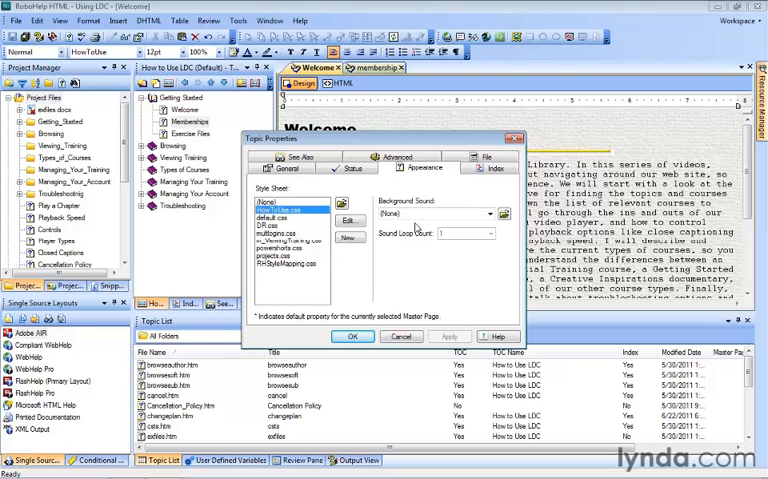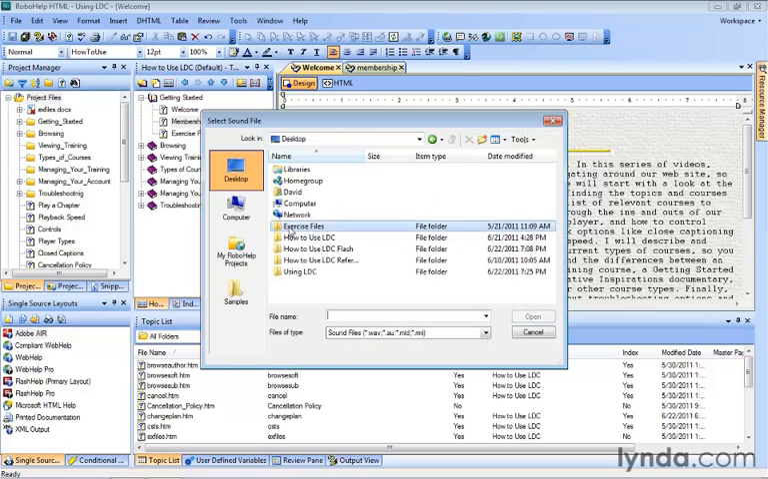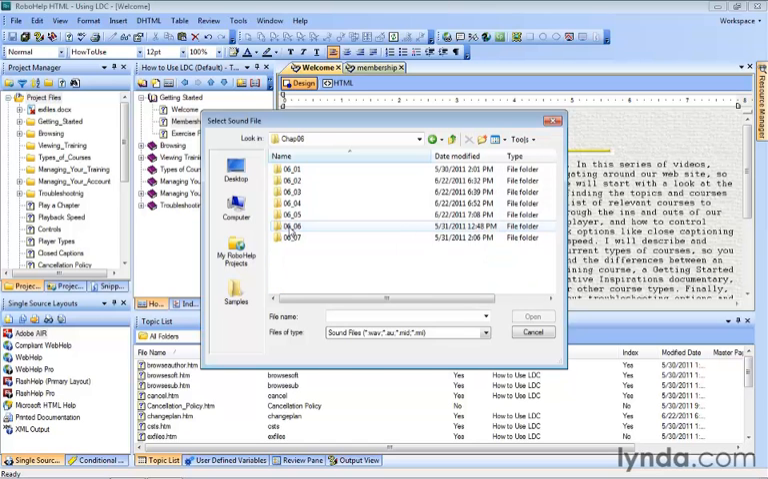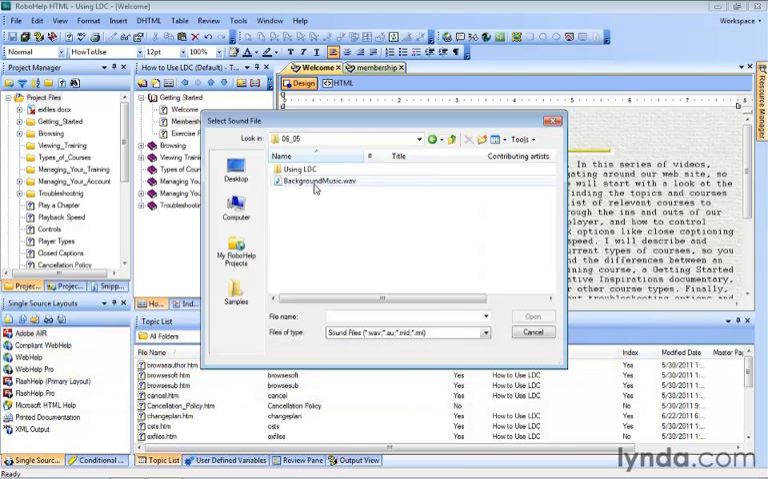So if you have the sound, you just simply browse to it using the Browse button, the little folder icon. And if you have the exercise files, you can browse with me to those exercise files. In the Chapter 6 folder, 0605, you'll see something called backgroundmusic.wav. WAV is a standard format for Windows, but we can insert other formats like MIDI and RMI formats, the